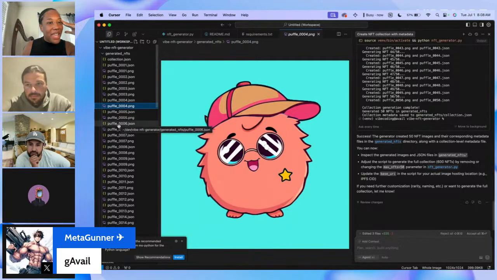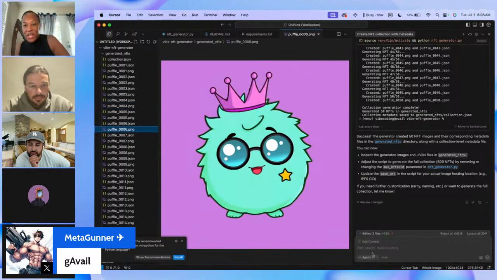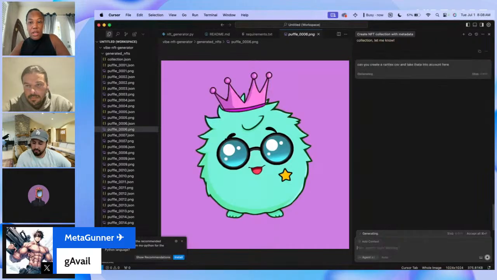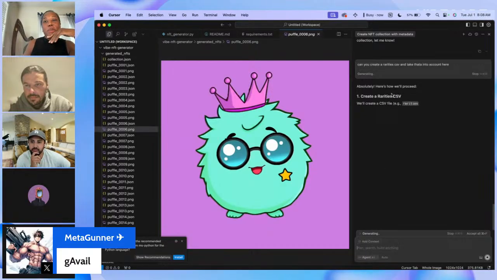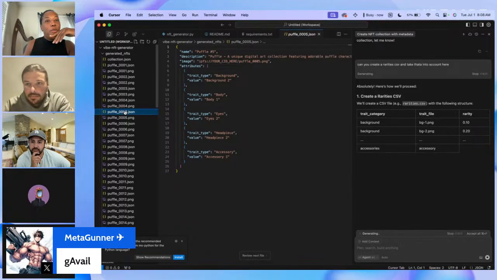But let's see if we can have it create a rarities file. So can you create a rarities CSV and take that into account here. Okay. Here's how we proceed. It's going to go through all of that, but in the meantime, Jake, what do you